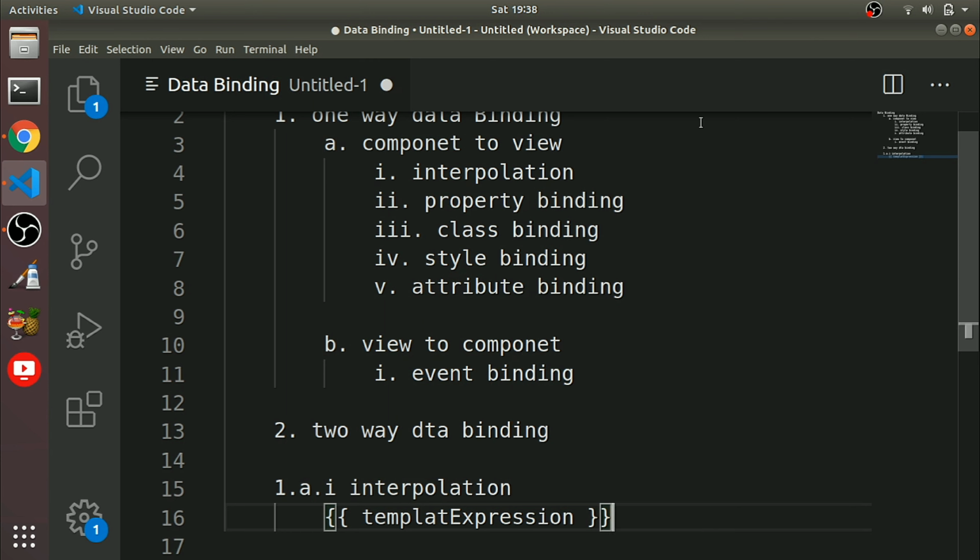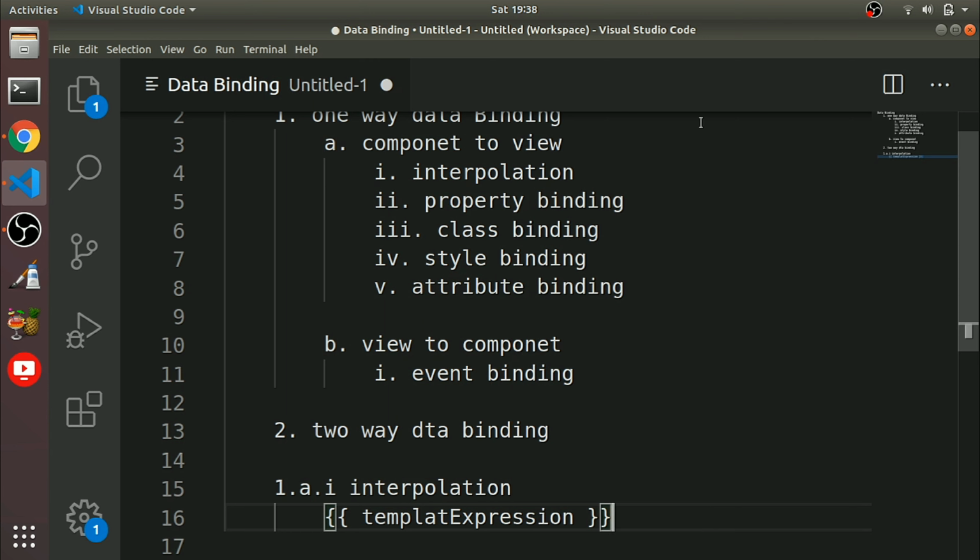So let's have an example. Add a button name equal to click. What we did here, we added a component property, that is button name, and we need to bind it to HTML. For the button, we have one property, innerHTML.